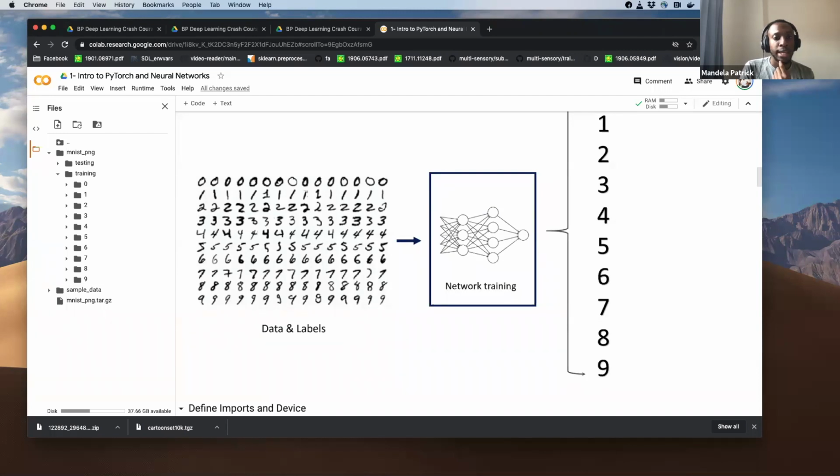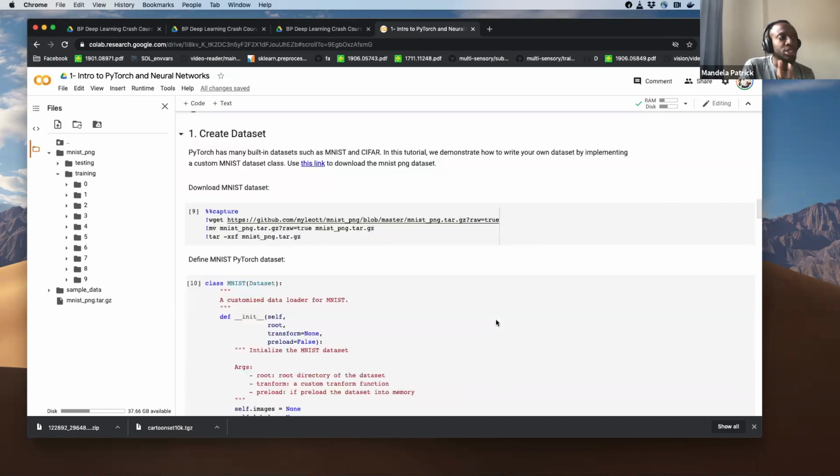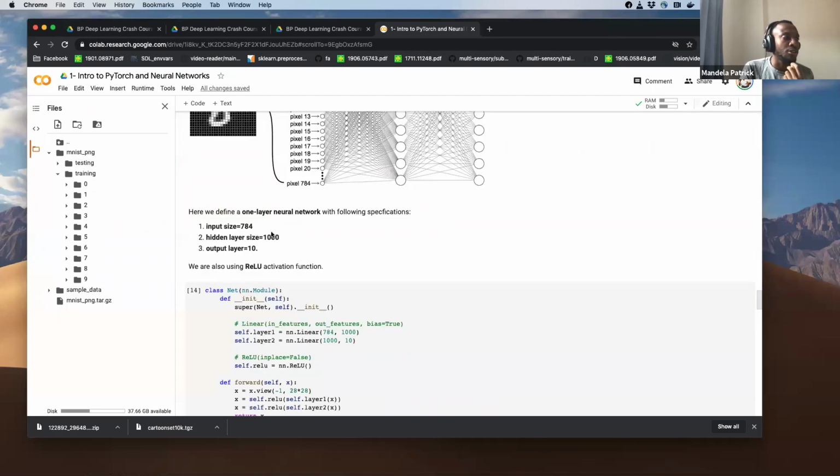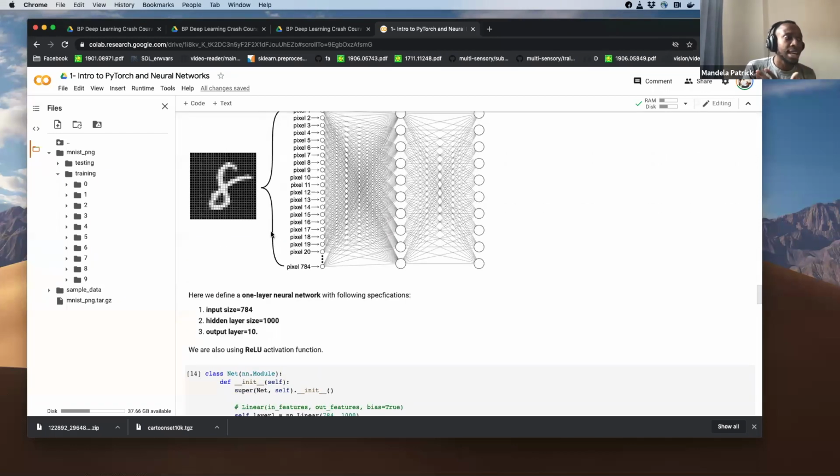How are the hidden layer numbers selected? That is similar to the learning rate, where we have to try a bunch and see how they perform. The hidden layer size is also a hyperparameter which we have to test and see what works best. I just chose 1,000 to give people the intuition of how these work. There is an optimal number depending on your data set and your application. You just have to try a few of them to get some intuition.